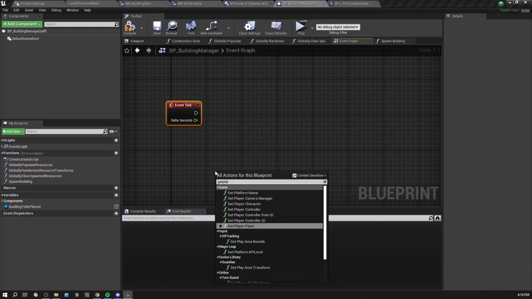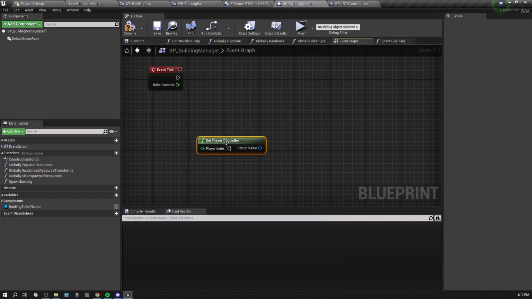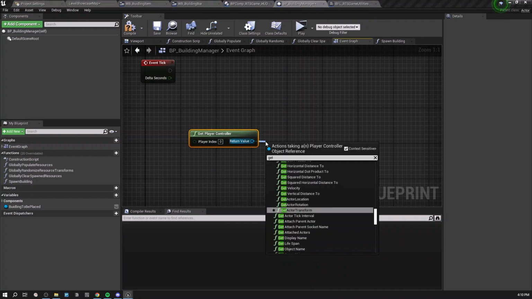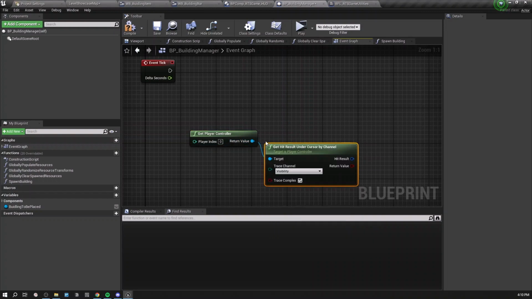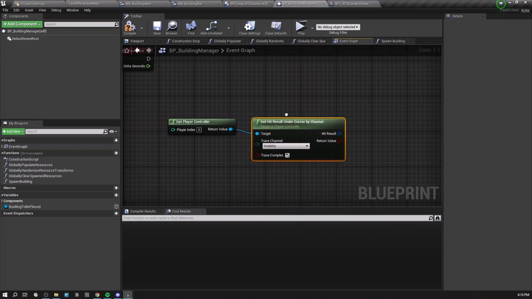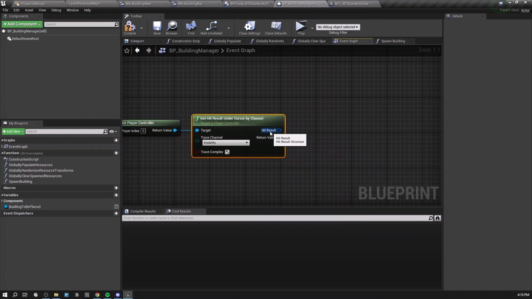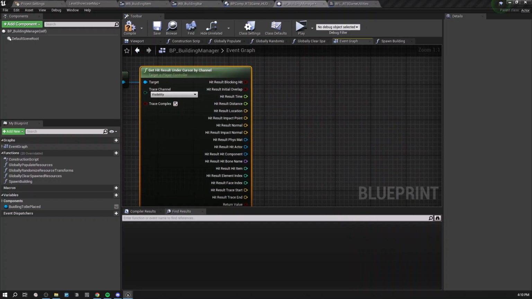So let's get the player controller, and here there is a utility function called get hit results under cursor by channel, right? So this is a very useful function to determine our hit location based on our cursor position. And I'll split the hit struct, and then